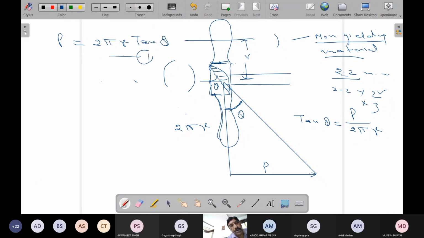This is the equation you just write down, and we will be using it in numericals. Nobody is asking you to develop this relationship, but use of it is what we need. So in this